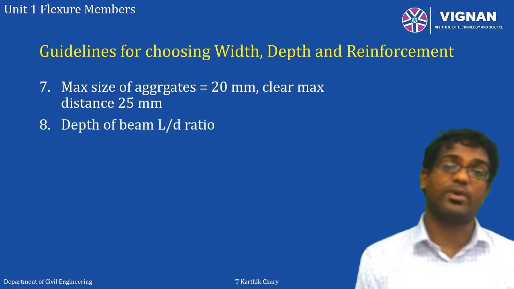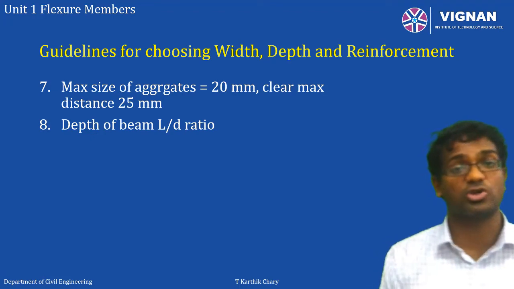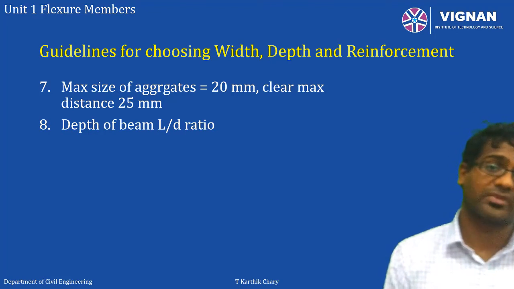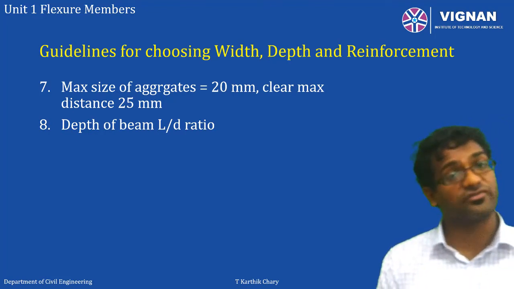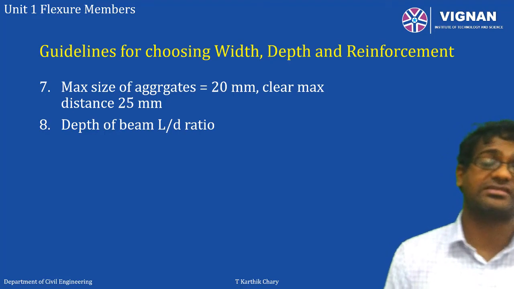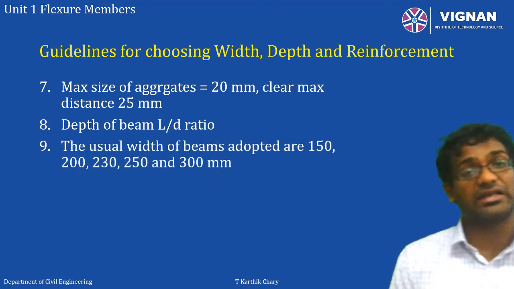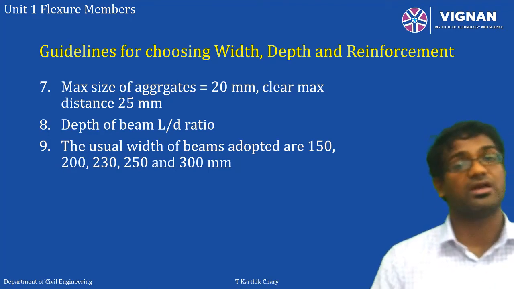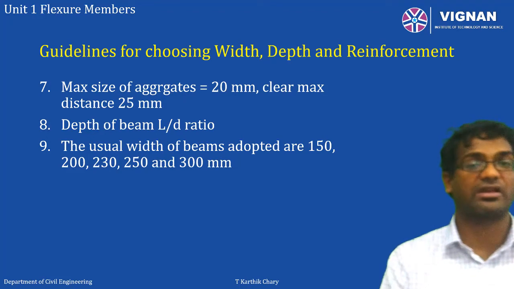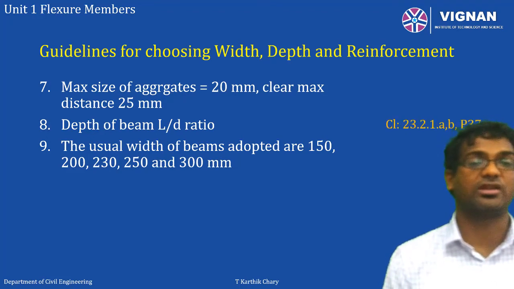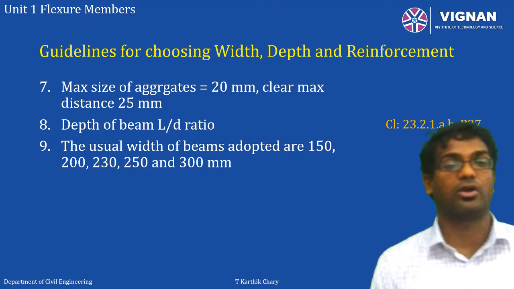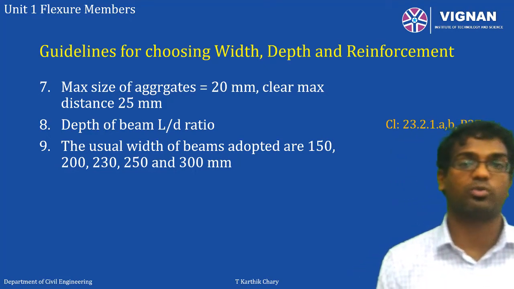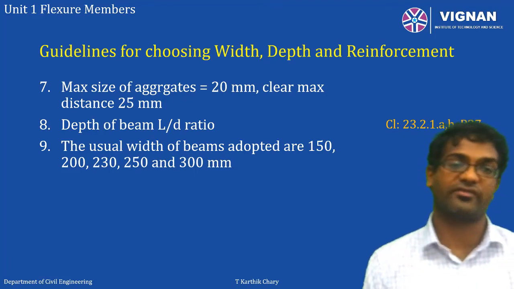The depth of the beam is always dependent on the L/D ratio, which is kept in order to control the deflection of the beam. There are subsequent clauses which refer to it, where IS 456 says that for a cantilever beam this much should be the L/D ratio, and for a simply supported beam this much should be the L/D ratio. They have clearly mentioned it. I'll show the reference clauses. Please go and look at clause number 23.2.1 on page number 57.